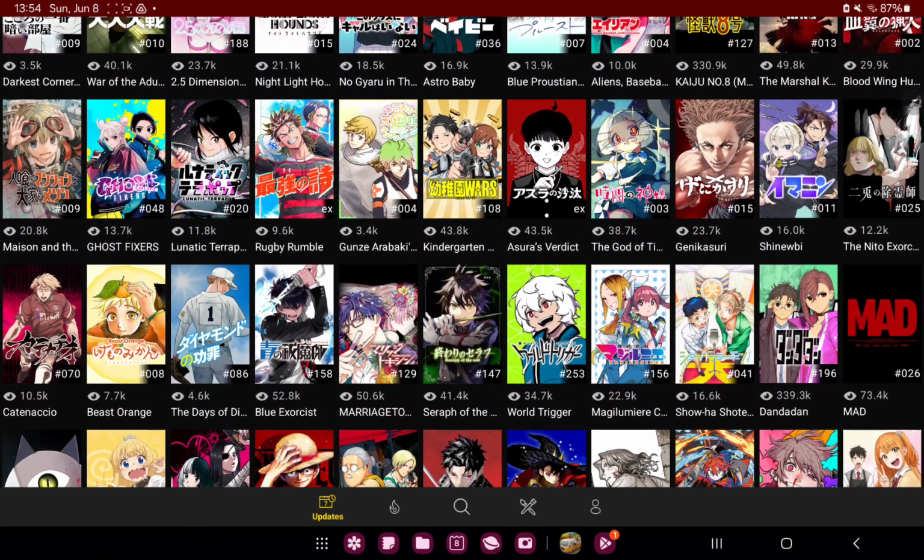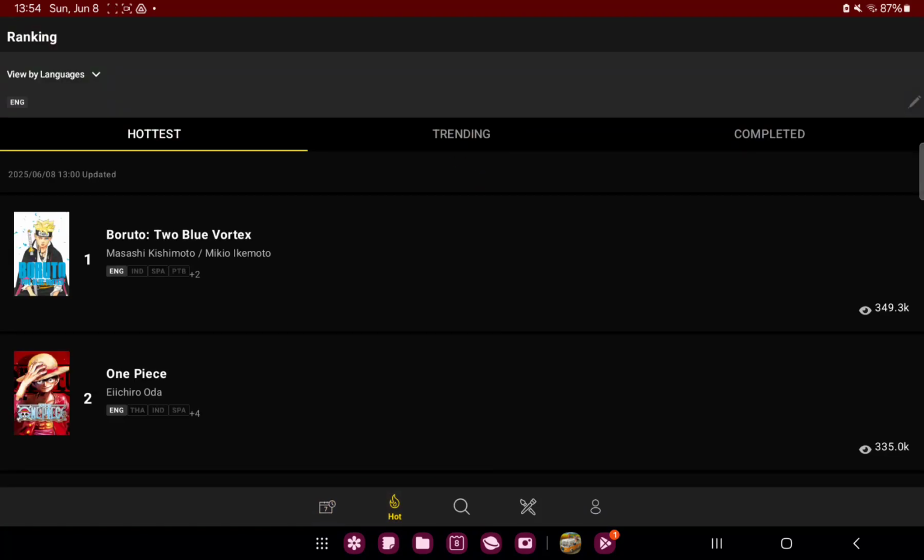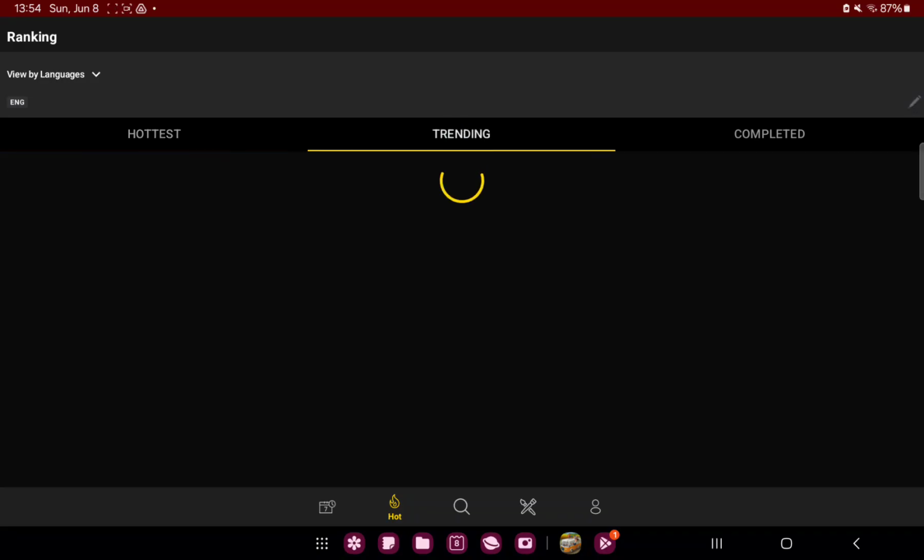That's the home screen, and you go to the lower bar on the screen, click to the second icon, the fire next to the updates, and here you can find the 3 ranking list: the hottest, the trending, and the completed. New. If you want to check the trending manga list, go to the second button, the trending, and you